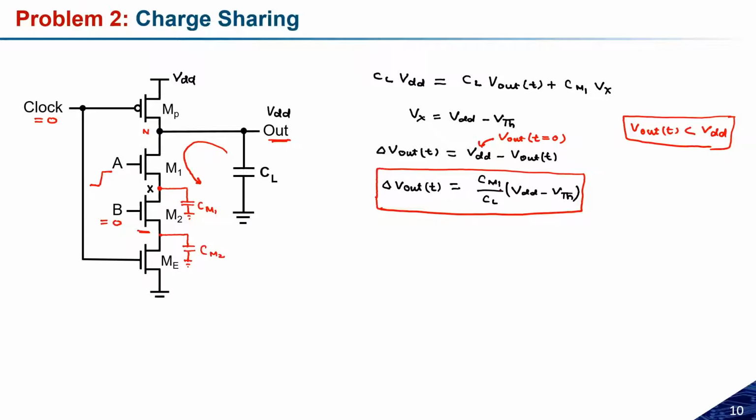Suppose the delta V out is greater than the threshold voltage. If the change in the output voltage is greater than the threshold voltage, in that case I'm assuming that the charge on the load capacitance will equally redistribute to CM1. So in that case, because CL will equally redistribute to CM1, the resultant delta V out